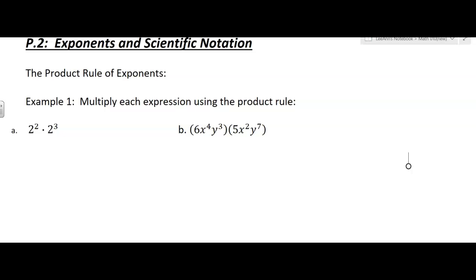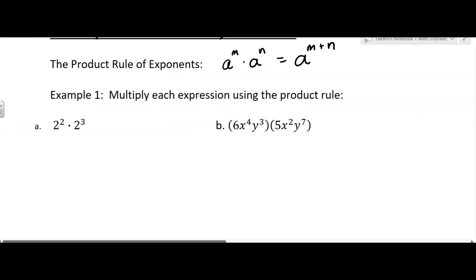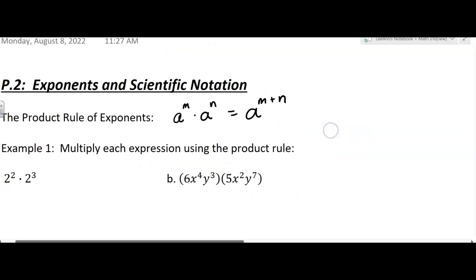Okay, so the first rule we have is called the product rule of exponents. It says if you have a to the m times a to the n, then that equals a to the m plus n. So if you think about having a to the 5th times a cubed, well then a to the 5th is just a times a times a times a times a, and then a cubed is a times a times a,